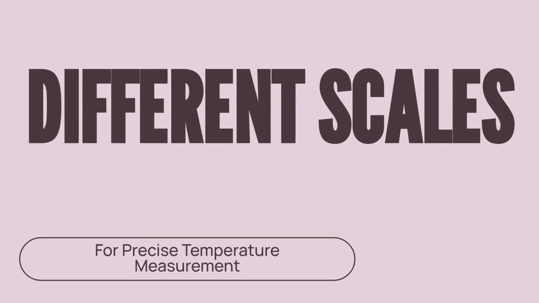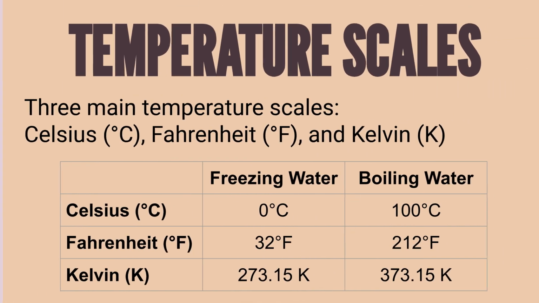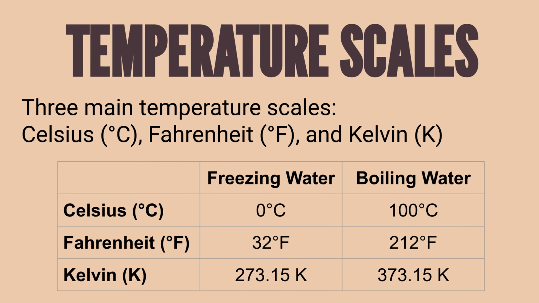Now let's look at the different scales and modern methods for precise temperature measurement. When we measure temperature, we can use either of three main temperature scales: Celsius, degree C, Fahrenheit, degree F, and Kelvin, K. Celsius scale: 0 degrees Celsius equals freezing water, 100 degrees Celsius equals boiling water, and primarily used all